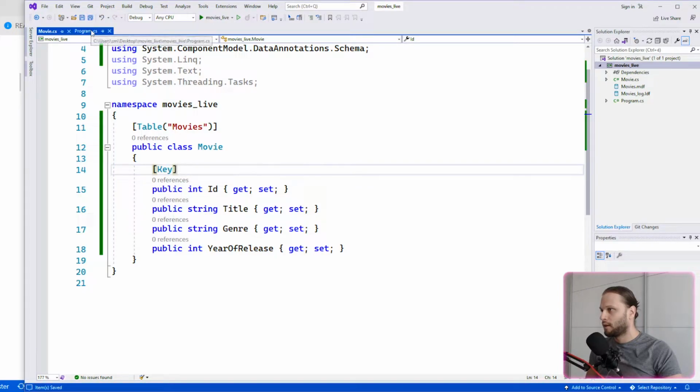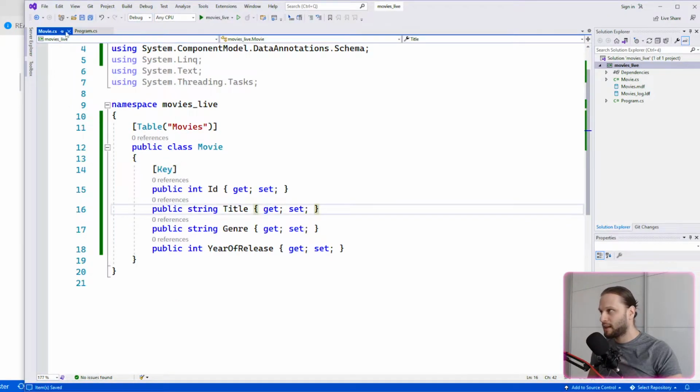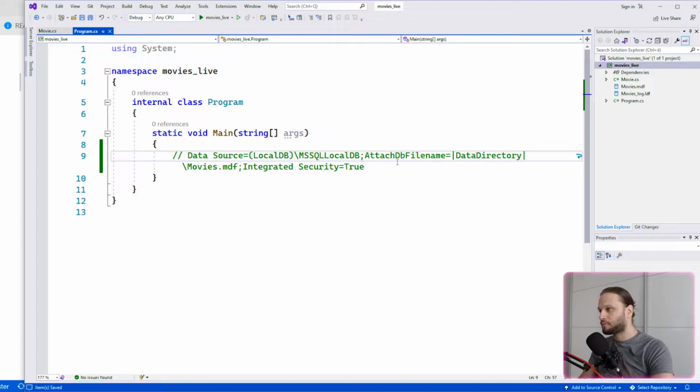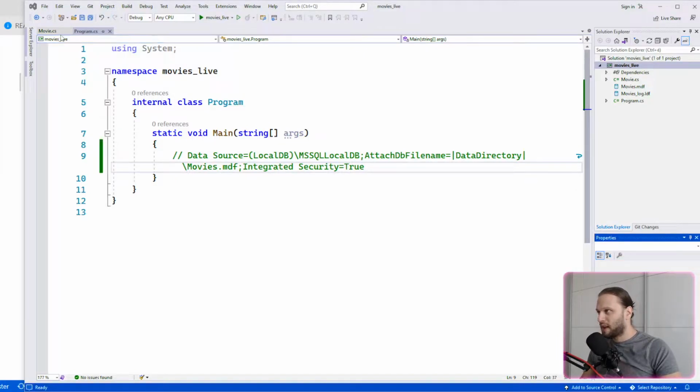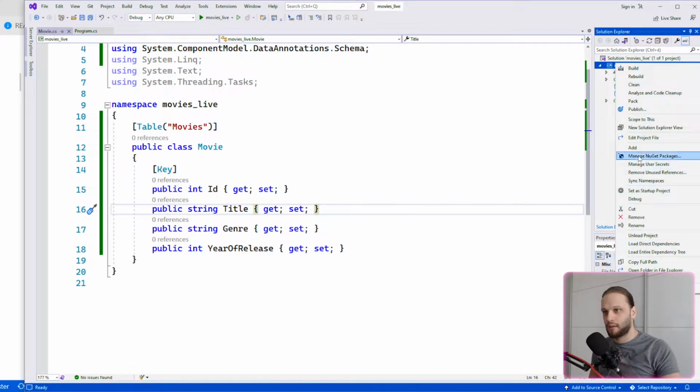Movie entity here, and before moving along to the XML processing, we simply can test out our full database, if it's working, if it's connecting correctly. So for that, we have to use the following, because we simply have the entity class here, but we don't have the context class, which is basically the database class in the background. So we have to add here a new class,